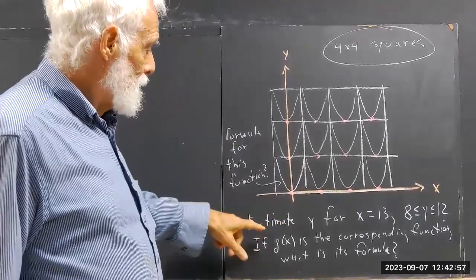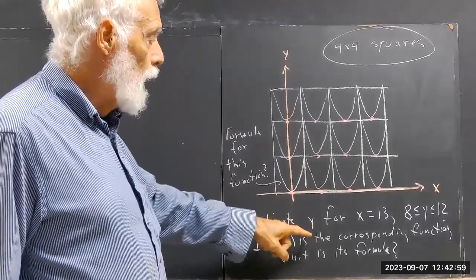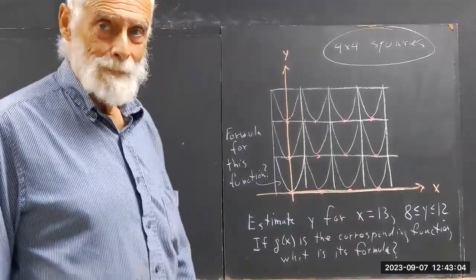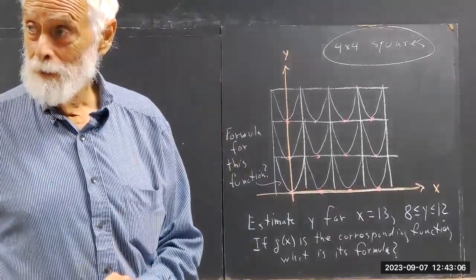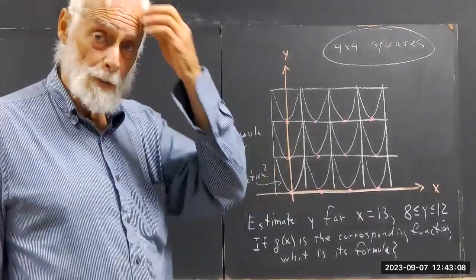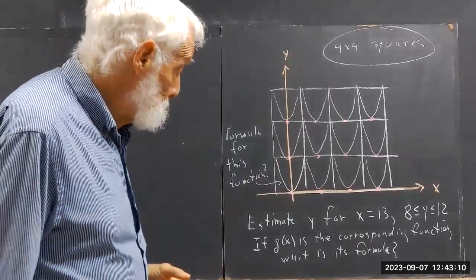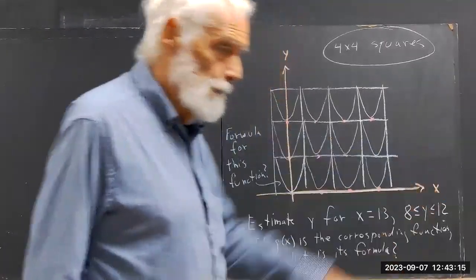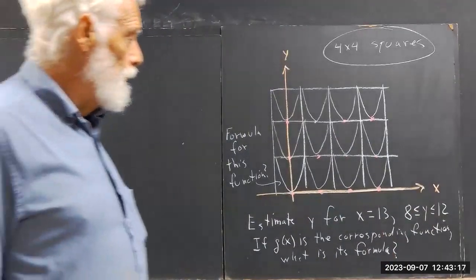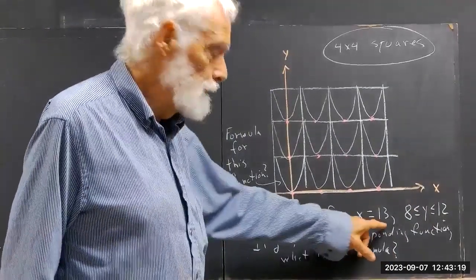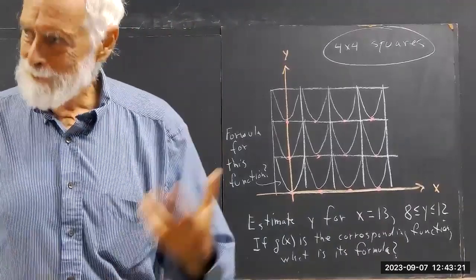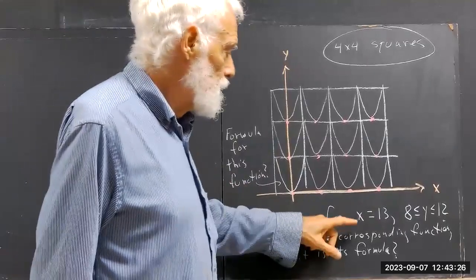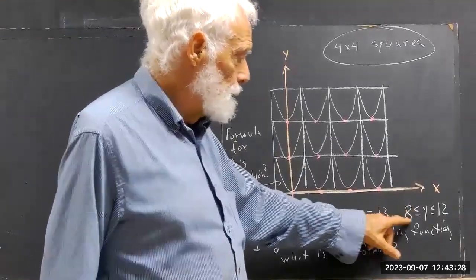Now, then I want you to see if you can estimate y for x equals 13. And that would be a good thing in itself, although I should kind of be able to expect you to do that. Okay. And for 8 less than or equal to y less than or equal to 12. Now, if you give me any valid estimate of y for x equals 13, not bad, okay? If you give me an estimate for y and x equals 13 that's between 8 and 12,